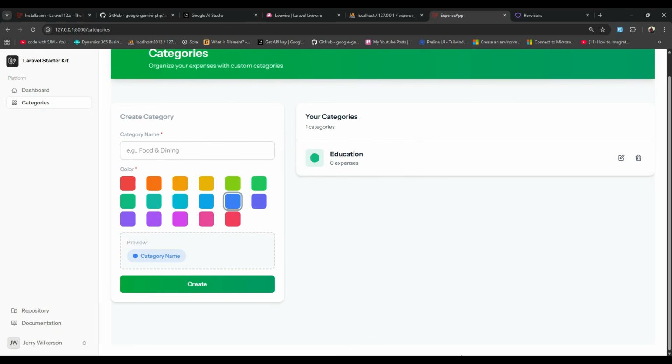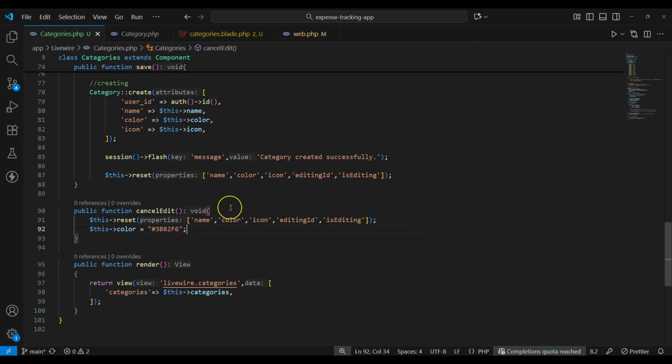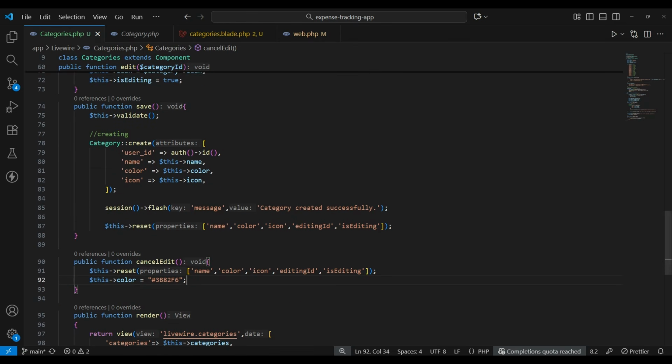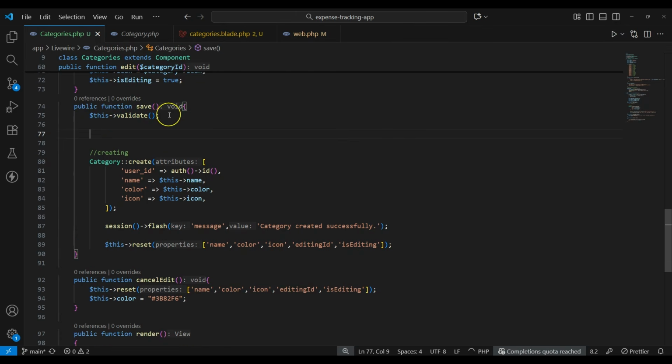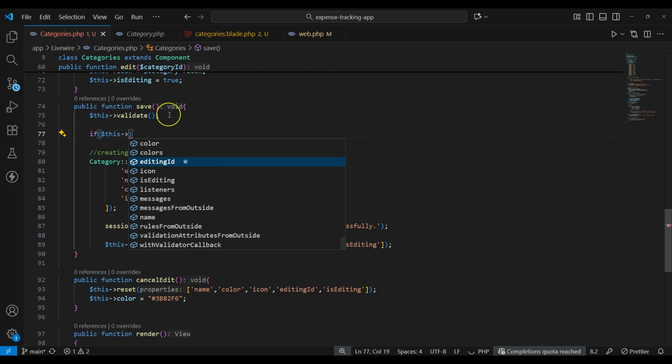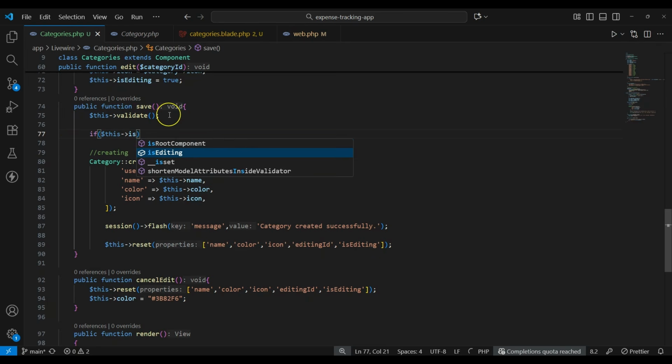So now let's update the save function to adapt to this change so that we are able to update the category. Okay. So here, let's go back to the save function, and on the save function, what we are going to do is to add an if condition here. This if condition is going to check if we are doing the editing. Okay. So if we are doing the editing and we have the editing ID,